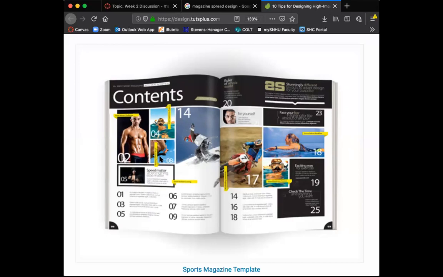So that word contents is kind of like a headline. And in style sheets, you can set up how you want every headline to be on every page. If you want a consistent headline to have that same look, font, color, everything, you can set up a style sheet that repeats that same style for every headline. Same as your body copy. See the body copy down below in your columns? It's obviously the smallest type on the page. You can set that up to be consistent.